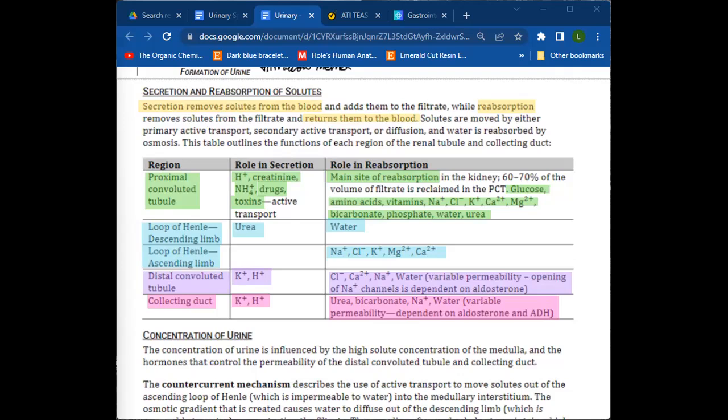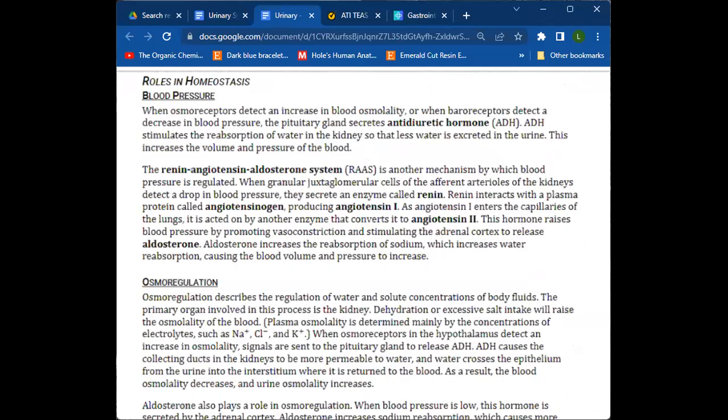Now, let's take a look at homeostasis. We need to know how the kidneys play a role in homeostasis. First of all, when osmoreceptors detect an increase in blood osmolality, or when baroreceptors detect a decrease in blood pressure,